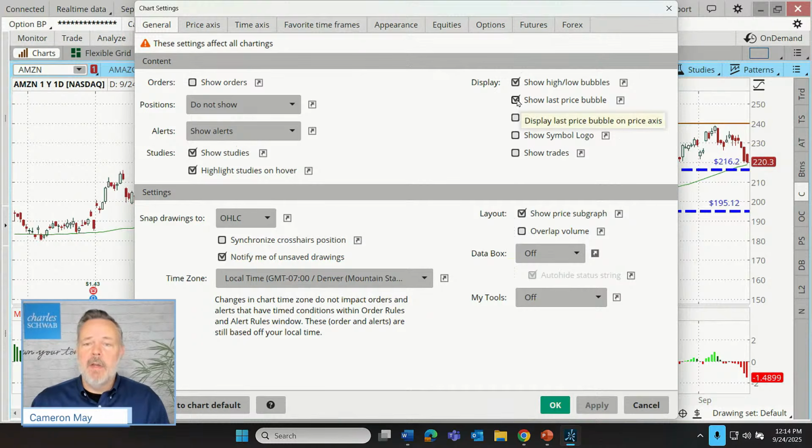Now we can also check or uncheck to show the last price bubble. So what was the last price on Amazon? Well, I can see it's right over there, $220.26. And that's going to change as that last price changes. Well, if I don't want to see that over there, if I'm fine with seeing it up in the upper left,